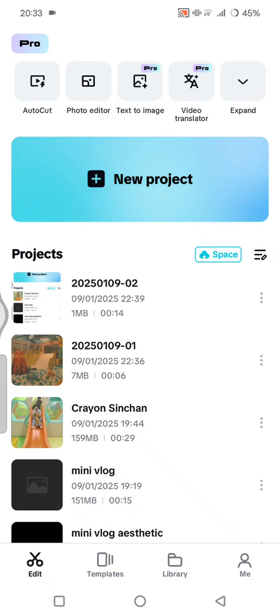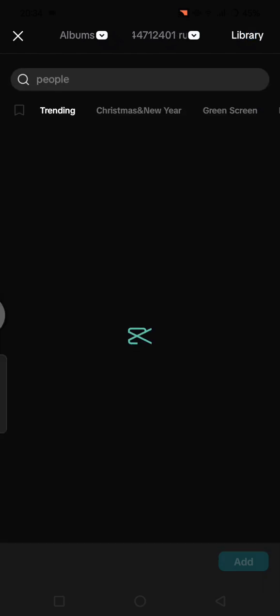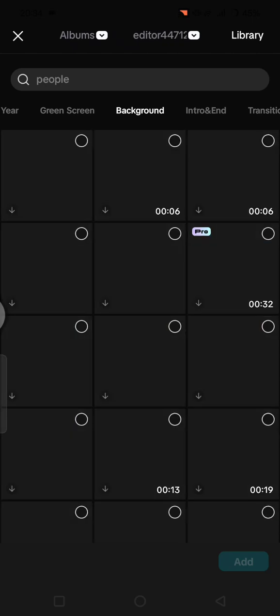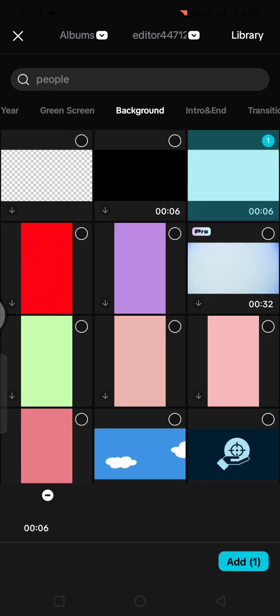On today's tutorial, I'm going to show you how you can create double exposure effects in CapCut Mobile. So here you can start by launching the CapCut application on your device, and then just tap on new project and use a white background. So here I'm going to just use one from the CapCut library, the white background. This one's right here. You can click on add,